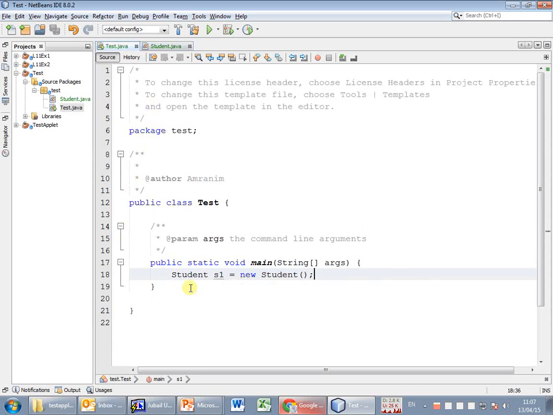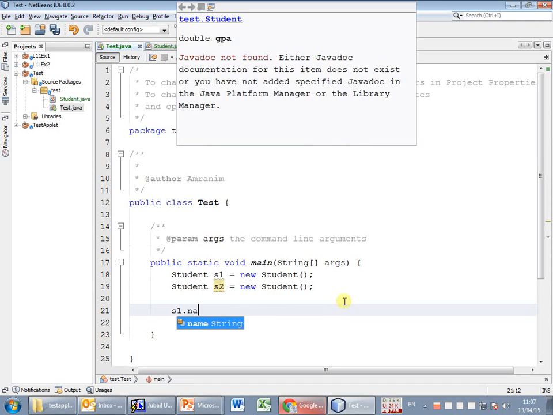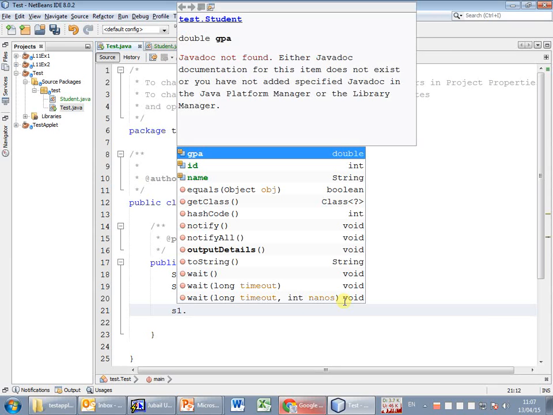In that class Test, we are going to use this Student S1. Copy and paste, and name it S2. And I'm going to put the values into S1.name. Do you notice that when I press the dot, it displays some choices that I can use, and you see that these are the ones that are bold. That means it belongs to the class that I just created. There's some others that I never wrote any of those methods,